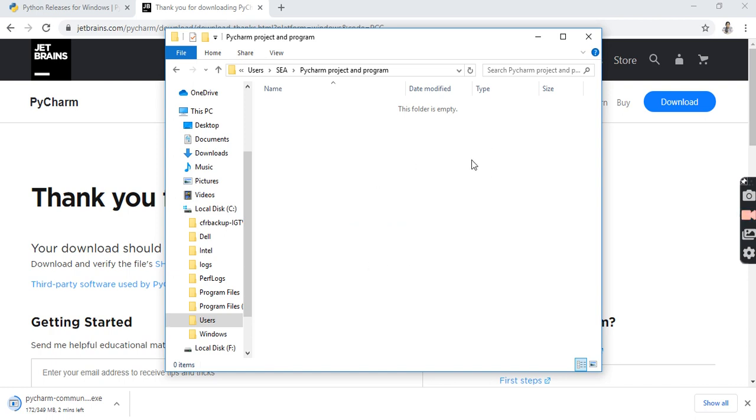For now this folder is empty, but once PyCharm is installed and I start working, this folder will have the files which I make in my Python project, right? All these downloads depend on your bandwidth.